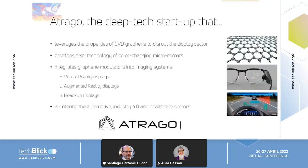And we are integrators. We want to bring our graphene pixels or modulators into systems such as VR, AR, and head-up displays. And for that, we are entering the automotive sector as a first step, and also tackling Industry 4.0 and healthcare